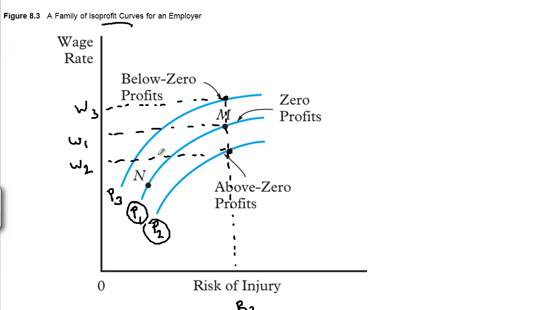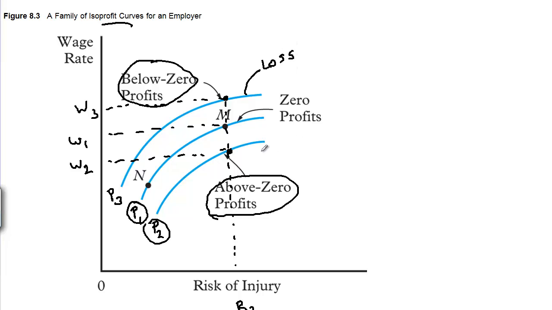And there are an infinite number of curves in here. Ehrenberg has just picked out 3, and basically he's saying that the line P2 allows for more profits. The line P3 is really a line that is associated with losses. So here we have loss, and here we have gain,